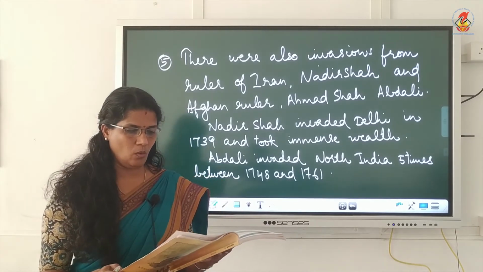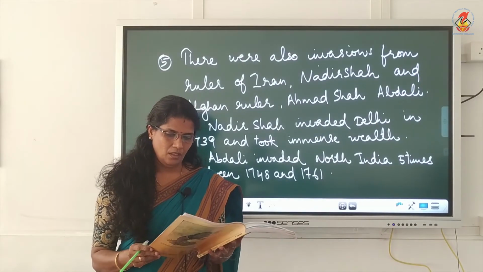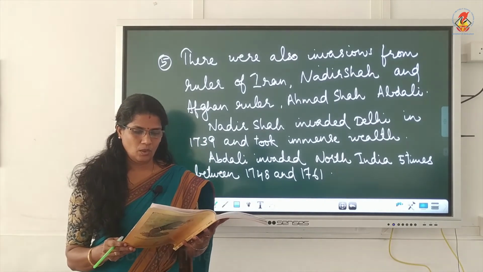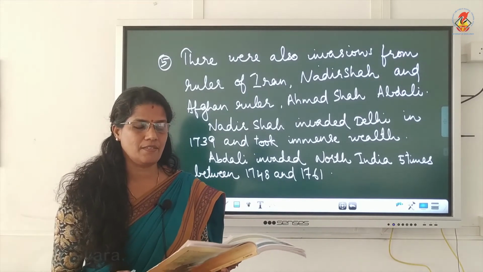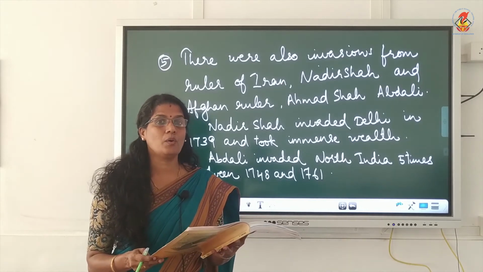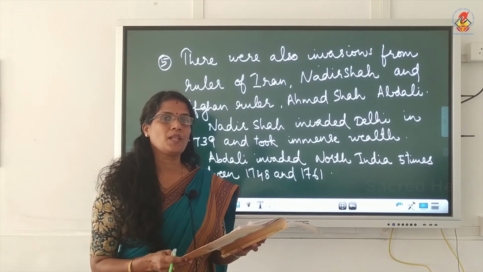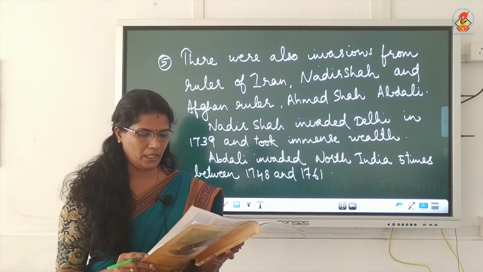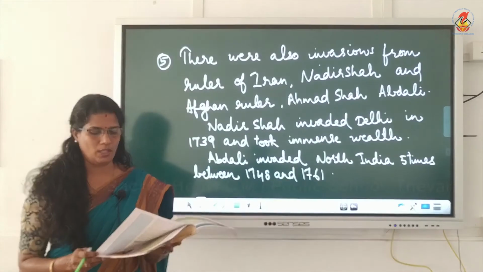Now we will see what were the factors which led to the crisis of the empire. Page number 139, you can underline from the closing years of the 17th century, Aurangzeb had depleted. The first point I am saying, Aurangzeb had depleted the military and financial resources of his empire by fighting a long war in the Deccan region. Underline that point. It is the first one for the causes of decline of the Mughal empire.